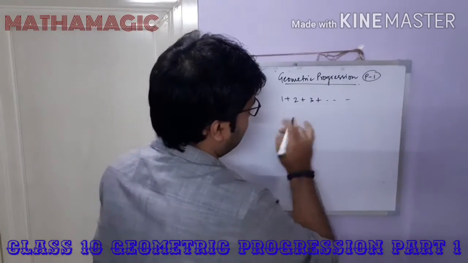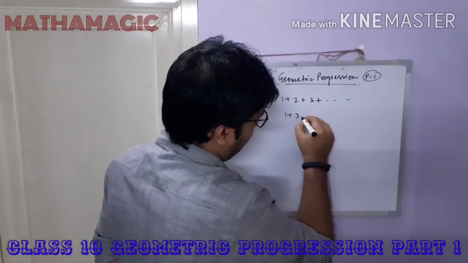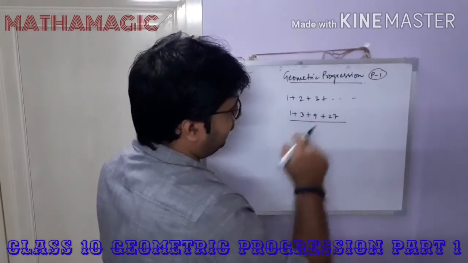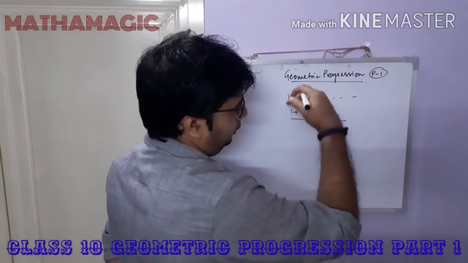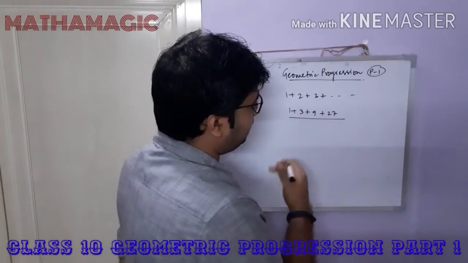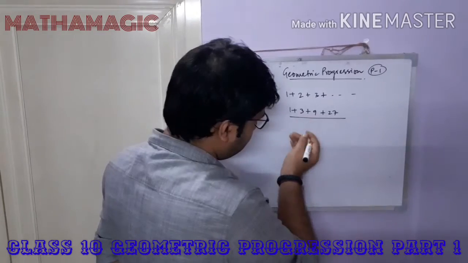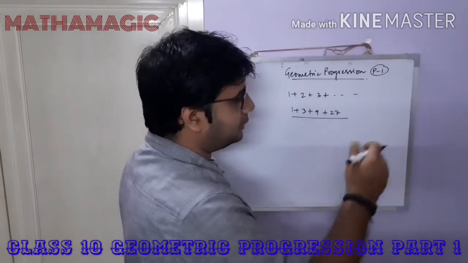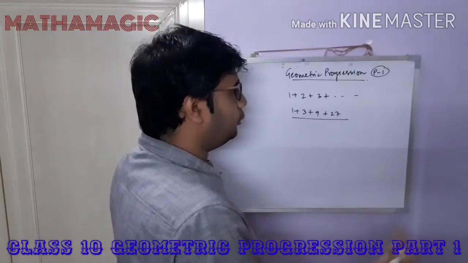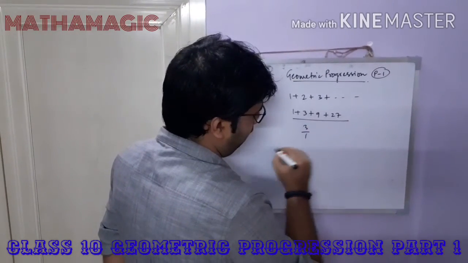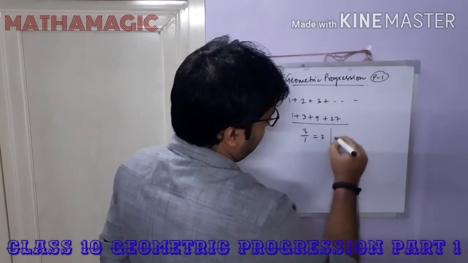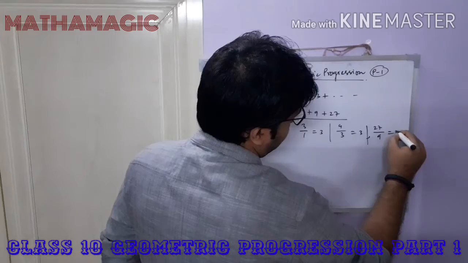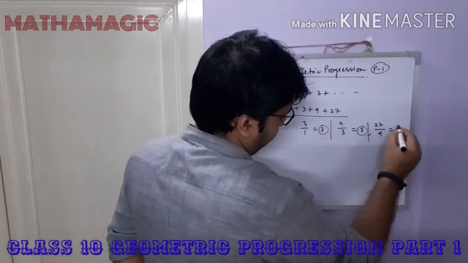But in case of GP, it is written like this. If we have something like 1 plus 3 plus 9 plus 27, then we can say that the terms are in GP because of the common ratio. In AP it was common difference, but in GP it is common ratio. Ratio means the ratio between the second term and the first term should be equal to the third term and the second term, and to the fourth term and the third term, and it will go on like this. So here it is 3 by 1, so the common ratio becomes 3. You can see that 9 by 3 is also 3, and 27 by 9 is also 3. So 3 is the common ratio here.